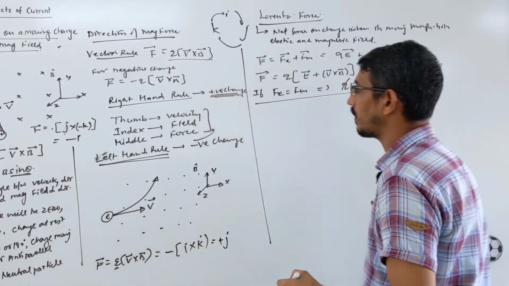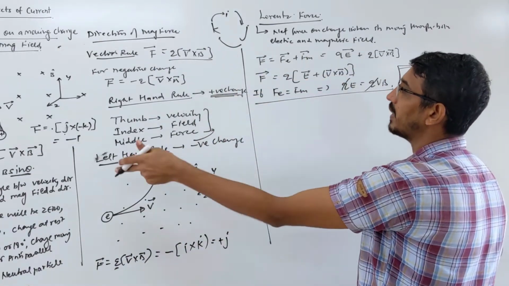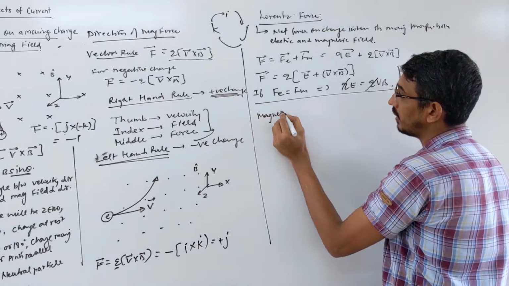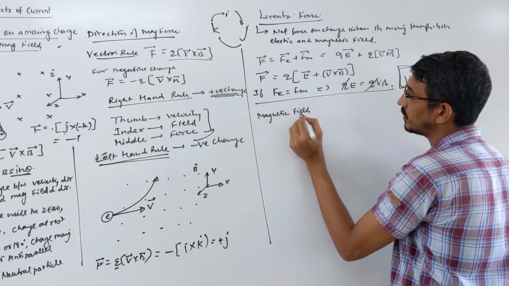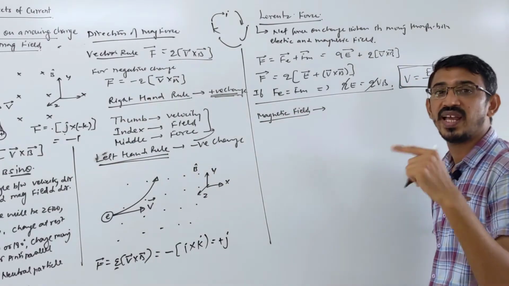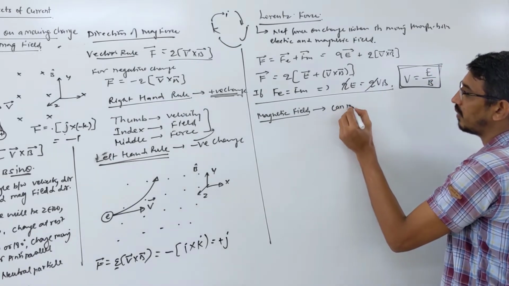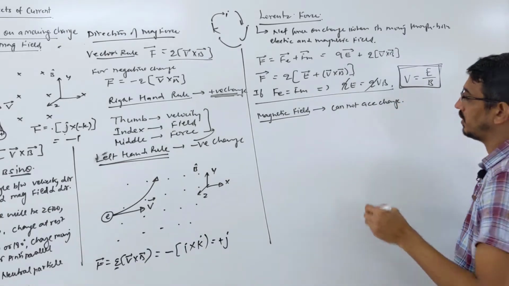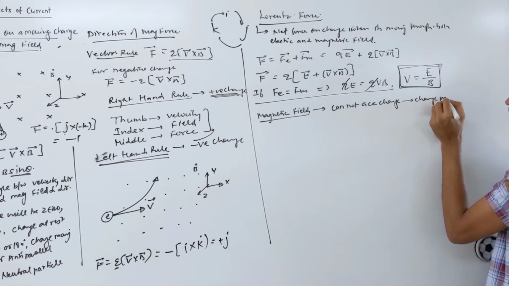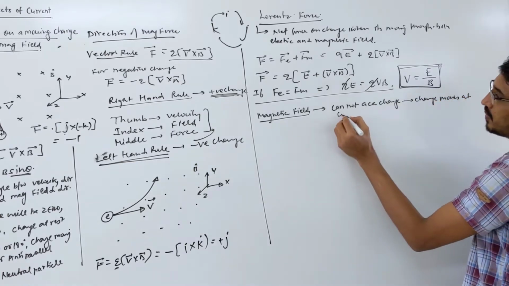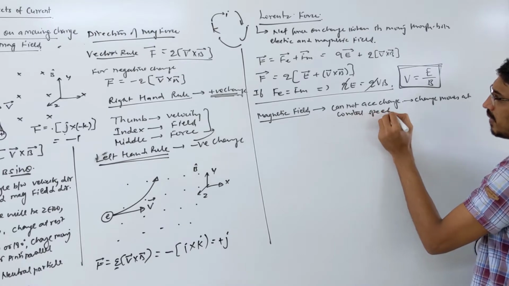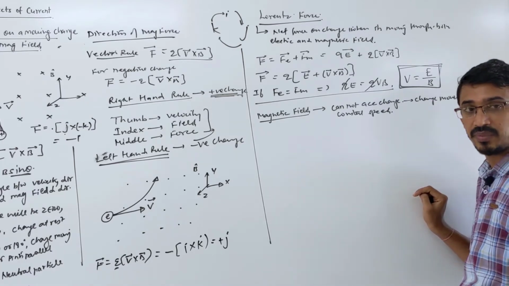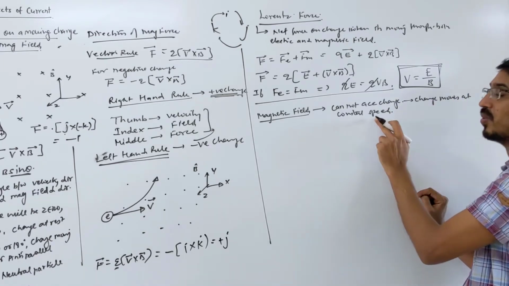Okay, before that, look here. What's the main difference between your magnetic and electric field? Okay, I'm telling the main difference. Your magnetic field, or you say force, whatever, cannot accelerate a charge. Cannot accelerate what? Charge. Magnetic field cannot accelerate a charge. So the charge moves at a constant speed. It can change velocity because direction can change, we will see in the next topic. But a magnetic field cannot accelerate a charged particle, keep in mind.